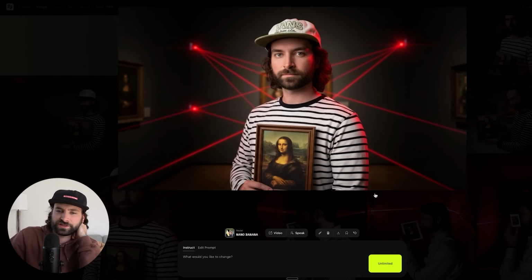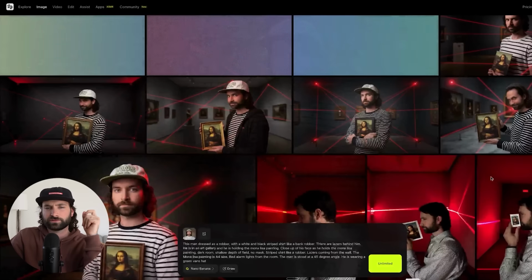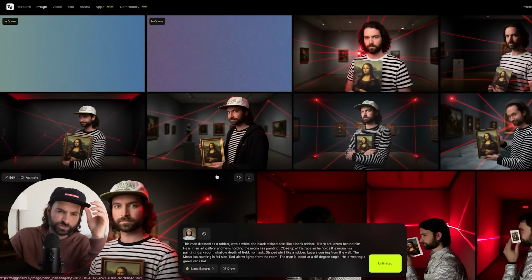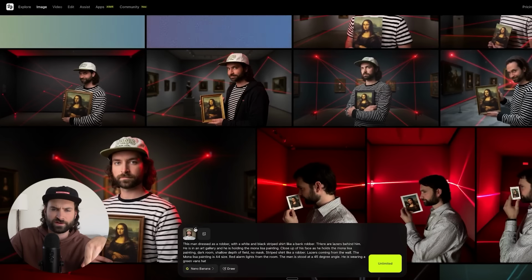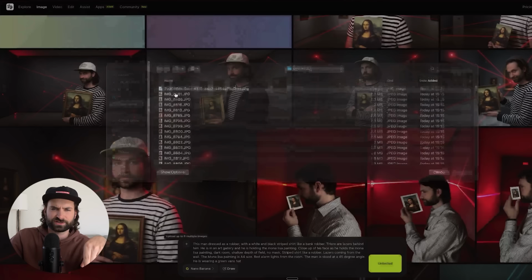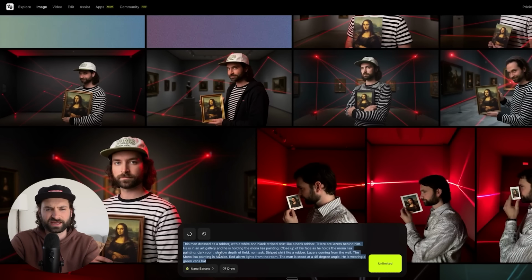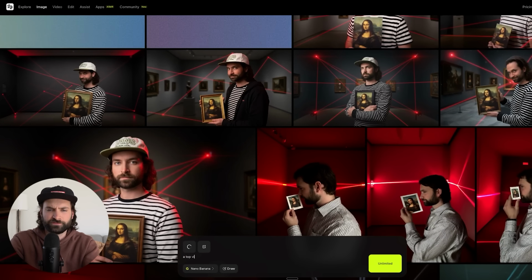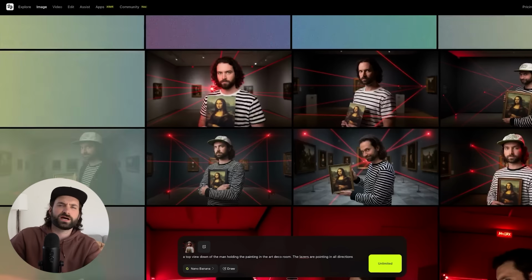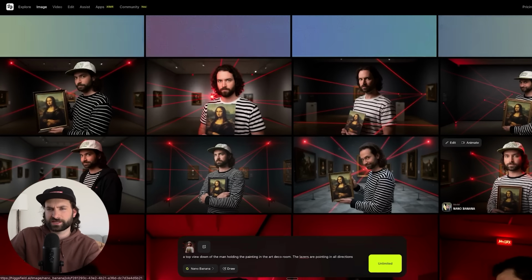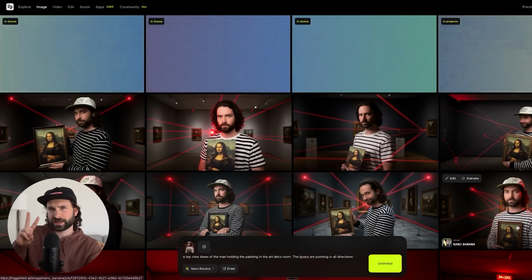So let's say we had this one here. What I could now do is download the image that we've created, and then I could use this photo as the new reference image. So I can upload this as our reference photo in here, and I can say: a top view down of the man holding the painting in the Art Deco room. The lasers are pointing in all directions. Okay, and now we can actually use this reference photo that we've created and use that character, aka AI me,